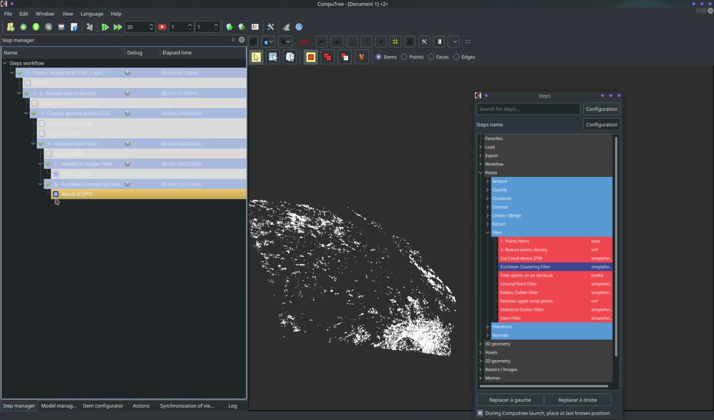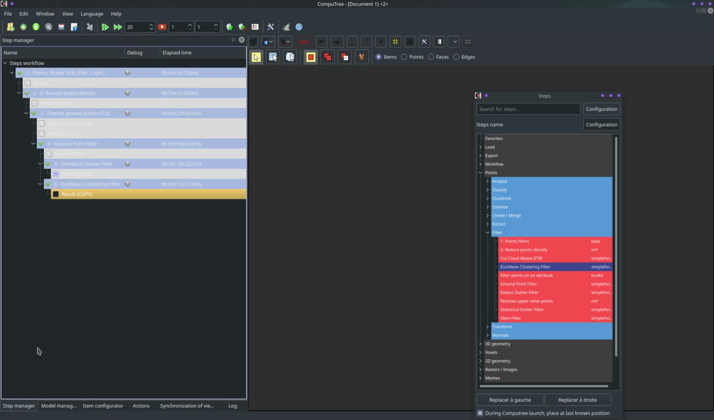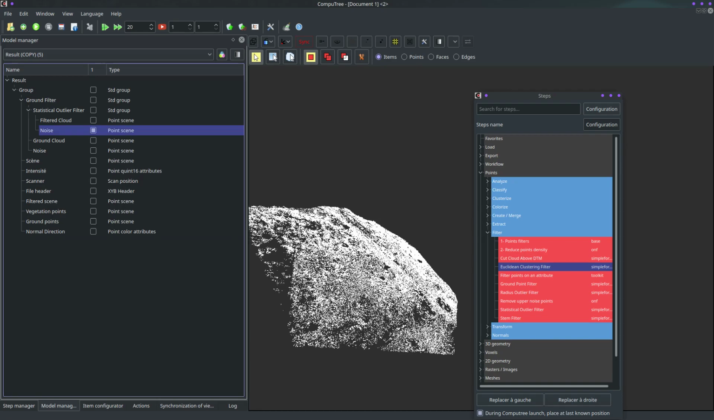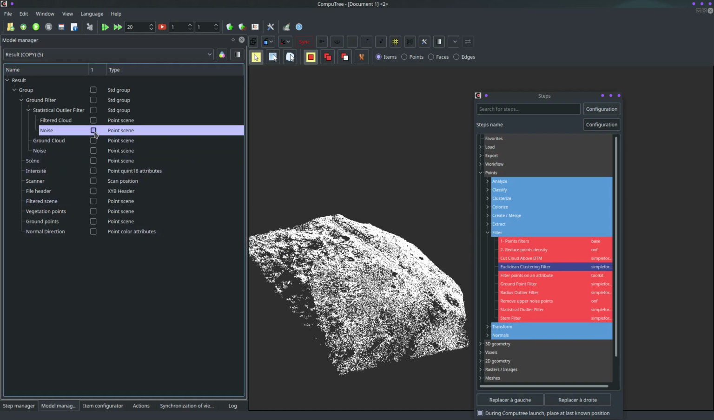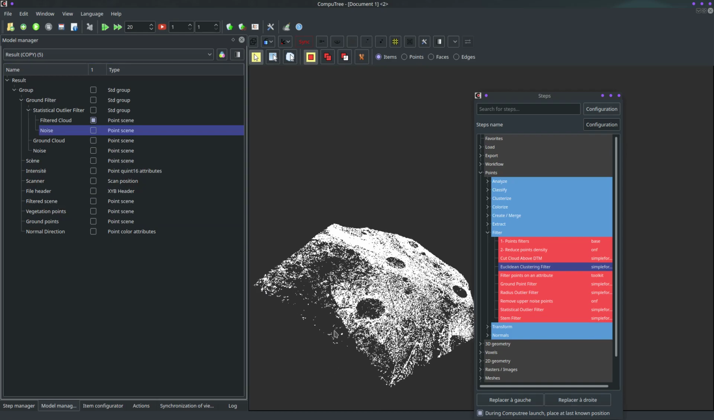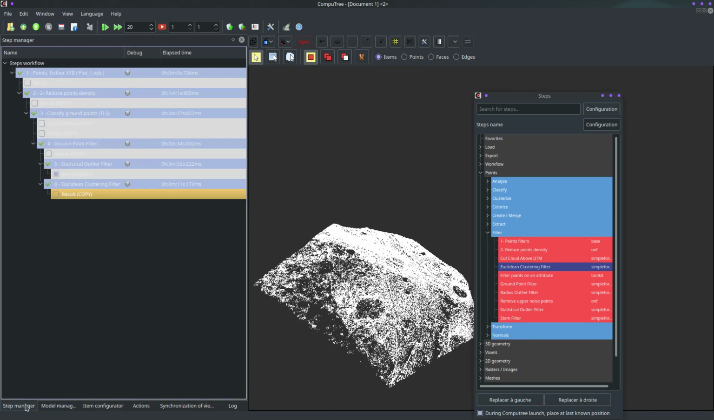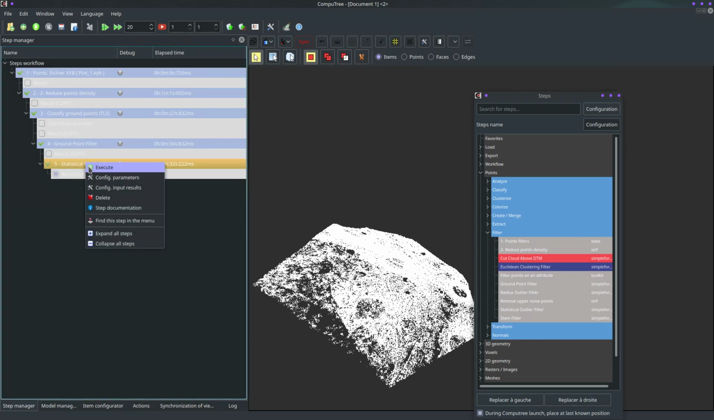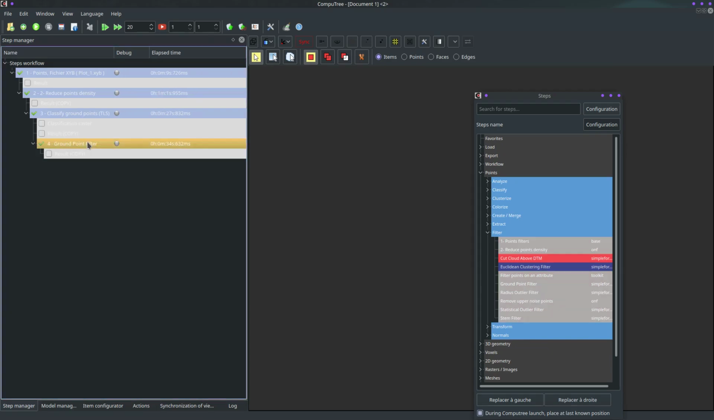We can also check the statistical outlier filter. This is a noise, and this is a ground, so here we lost quite a bit of information, and I don't want any of those filters. I decided that we are already good enough, so let's delete. We just have the 2 ground point filters, and now